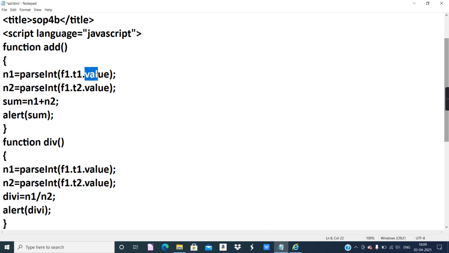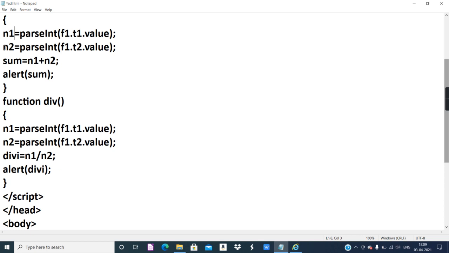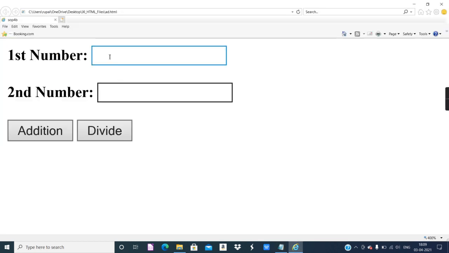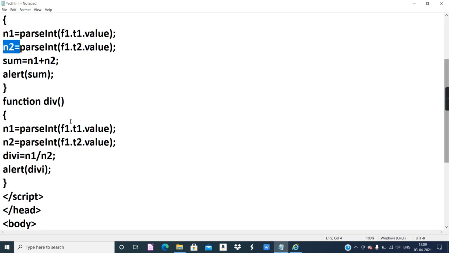Whatever is the value of the text box, convert that into an integer and store it in n1. This is the meaning of this statement. Similarly for n2. So whatever value is entered in the T1 and T2 text boxes is converted into an integer with the help of the parseInt function and stored in the individual variables n1 and n2.